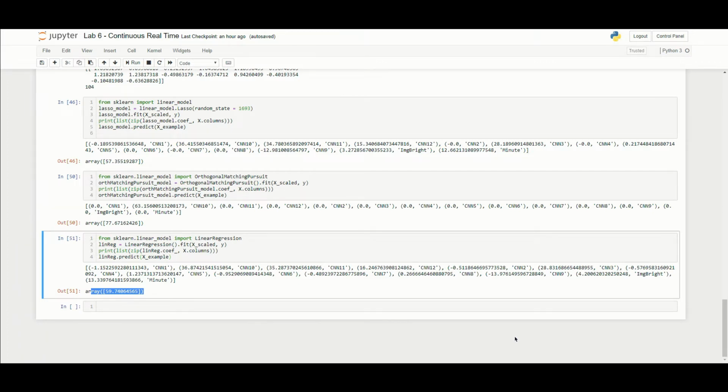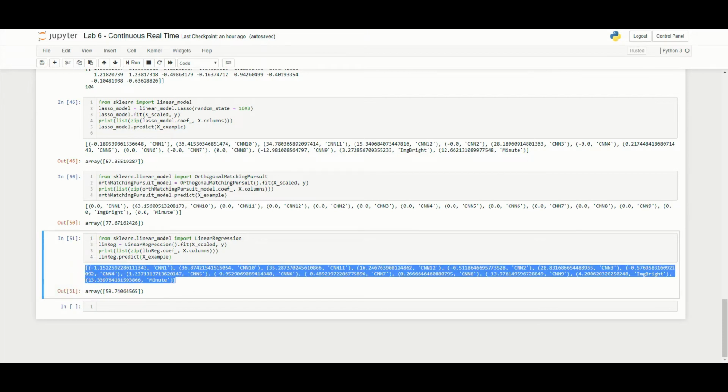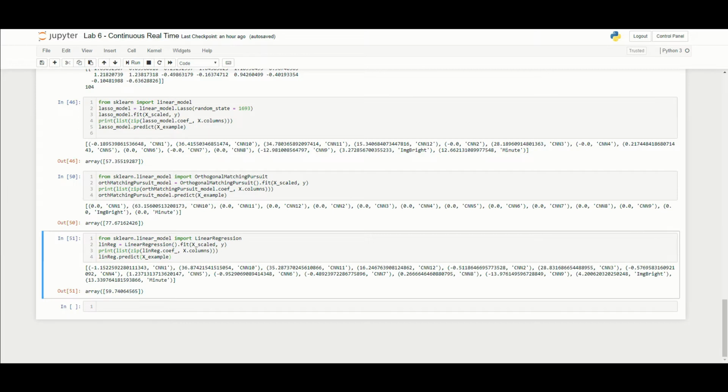That is, every single one of these variables is used to predict Y. If you look at orthogonal matching pursuit, only one variable is actually used, really by any meaningful measure. So this is not going to be as likely to be overfit, whereas this one is very likely to be overfit because all of these different variables are being used extensively. So linear regression has some pretty major drawbacks, and it's quick, but it's rare you would want to